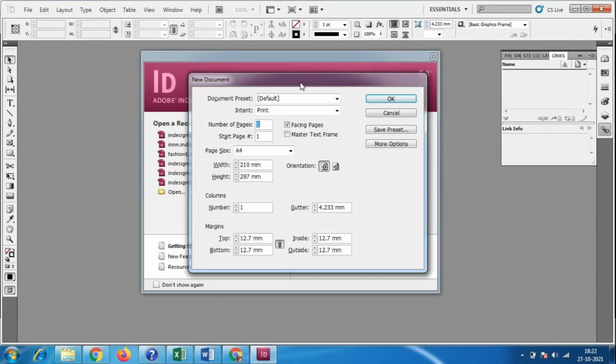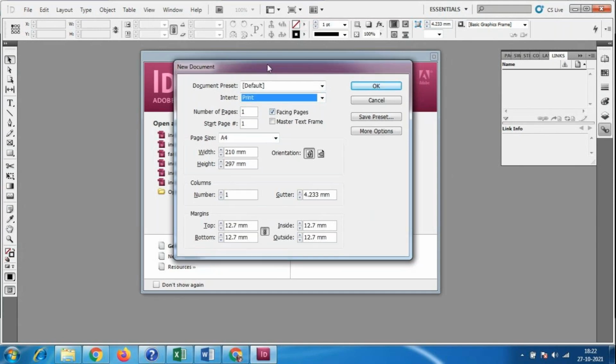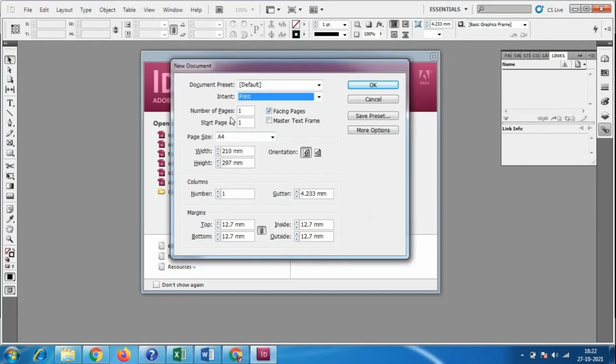Okay, when you click on this document, here we have a new document, and it is asking what the document is, like this default document. We are mainly using this not for web purposes, it is automatically taking the printing purpose over here. And as I told you before, we are mainly using it for book designs, pamphlets, brochures and all, which always consider 2 pages. Minimum 2 pages will be there, maximum n number of pages you can make.